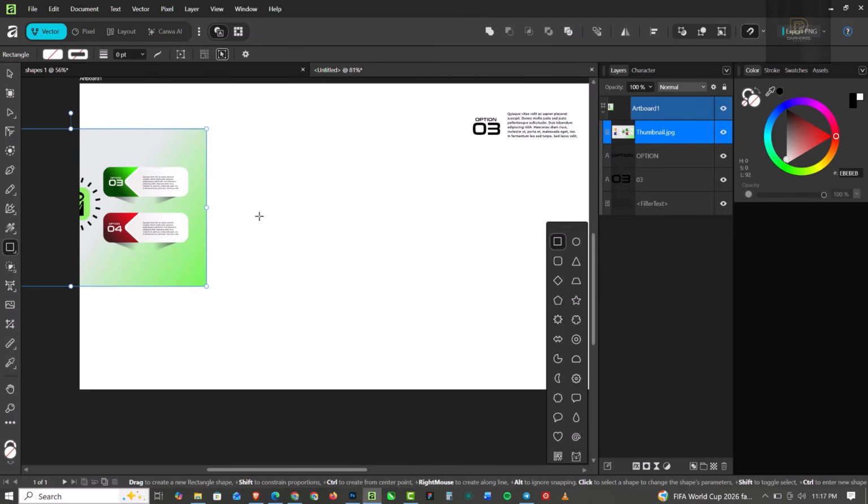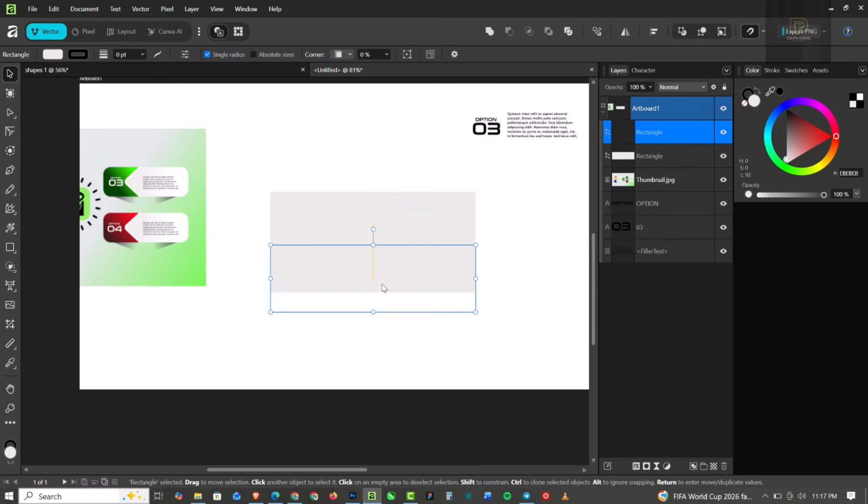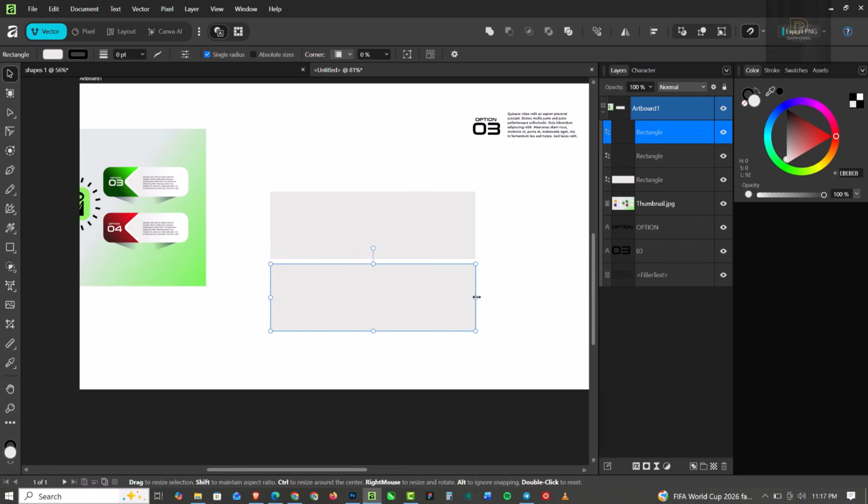So I'm going to go over to my rectangle tool. I'm going to draw a rectangle like this, right? So that's the first thing. The next thing you're going to do is duplicate this, right? So make a duplicate copy like this and bring this downward. Now with this one, I'm just going to take this in like this,